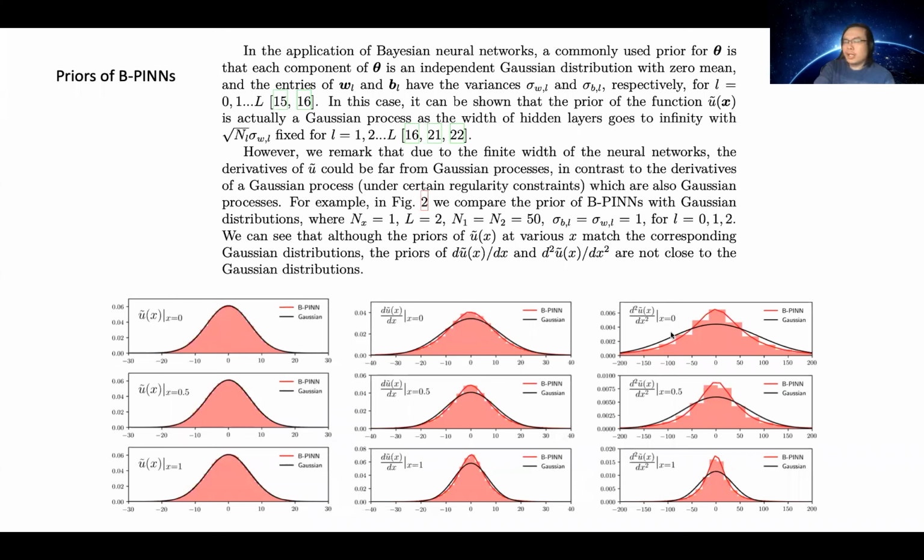So I should say that the prior for the derivative of the neural network is still under investigation. We didn't investigate that very deeply in the paper, but we'll do that in the future. And also, as I mentioned, how to set the prior is, I think, maybe the most important problem we need to address now. Actually, it's undergoing research now. Okay.